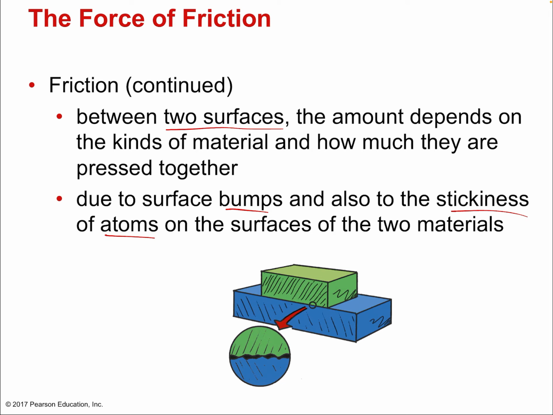And so, some things are really smooth, like Teflon. You rub Teflon against Teflon, they're so smooth against each other. Obviously, you could have rough wood against another piece of rough wood, and that would be much greater friction, thus a greater friction force. One rough surface against the other.